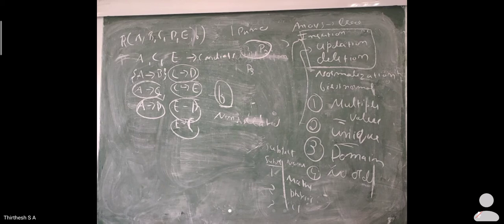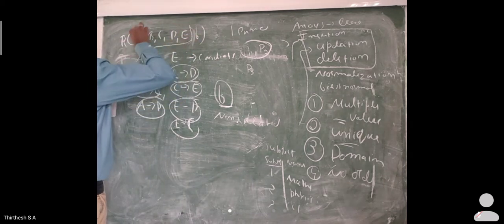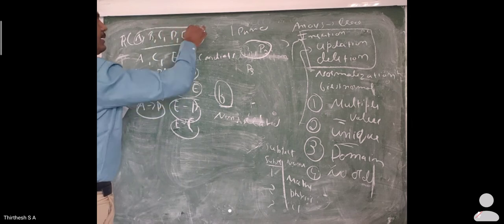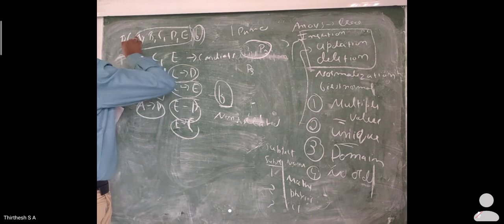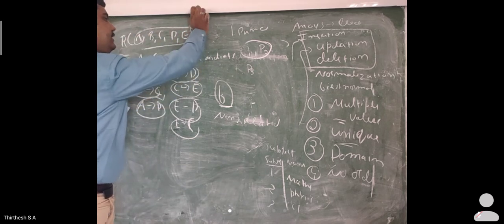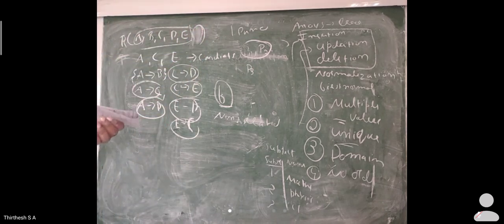So here this is said as a non-related item, which means that there must not be any partial dependency of any column on a primary key. So here all the data which are written over here will be dependent on a primary key. You should not have any key which is not dependent on a primary key.